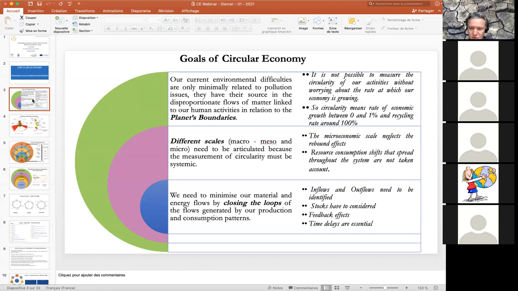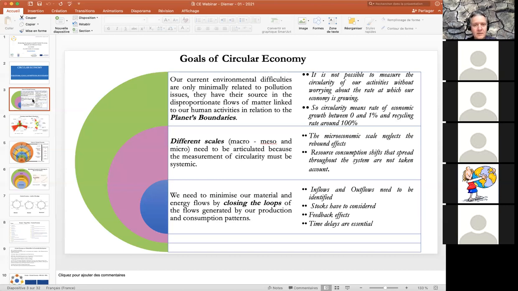It's not only euros, it's kilograms, tons, kilojoules. So when you're crossing the loops, you have to balance all the ways to measure and all the ways to have a global view of circular economy. So with these three aspects, three issues, I mean, you cannot think about circular economy if you don't design at the beginning the planet boundaries, the limits of the system.